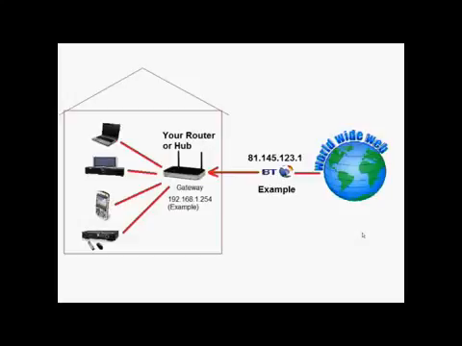So from the point of your router to the devices connected to it, you will see that the IP address changes. That IP address of, for example, 81.145.123.1 is not valid anymore, and the router stands there between the World Wide Web and the devices at home and translates